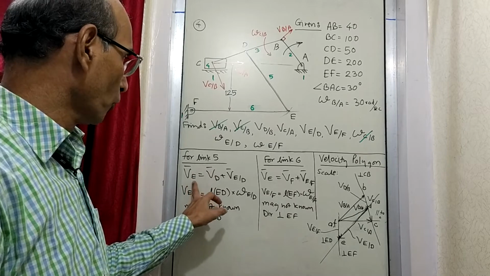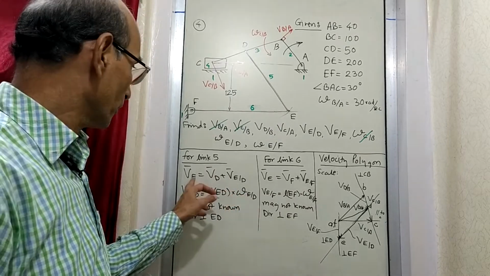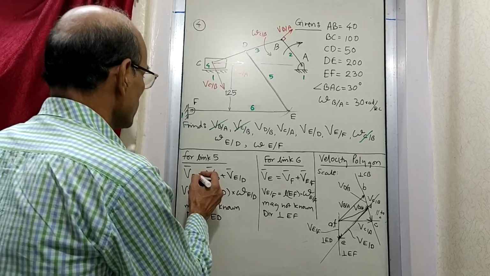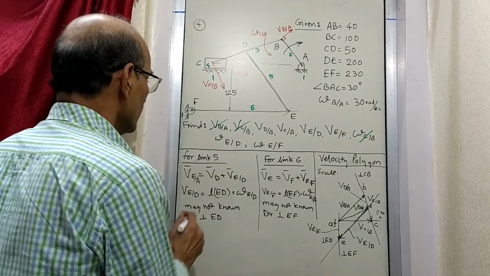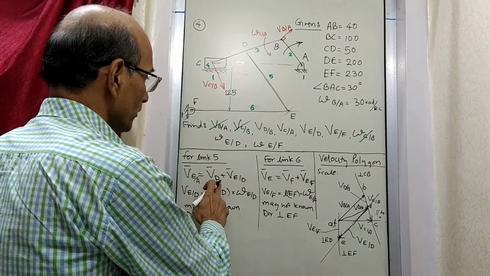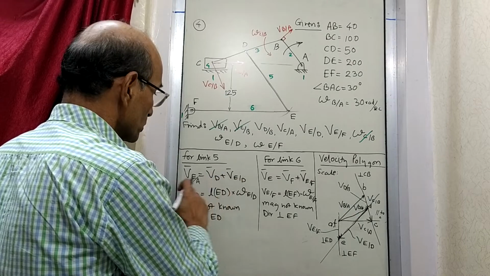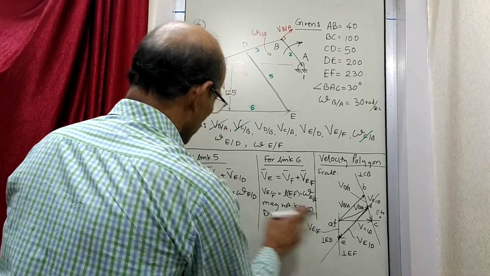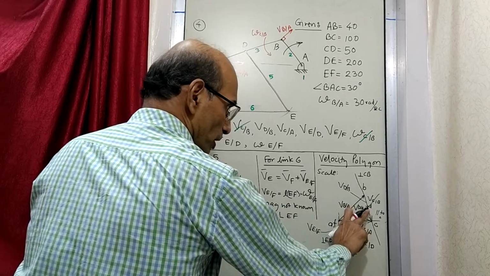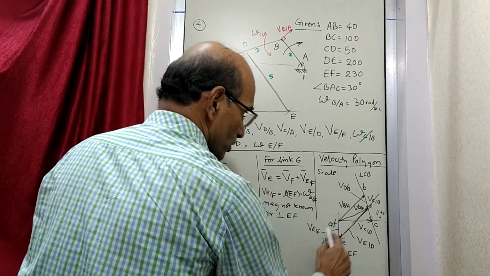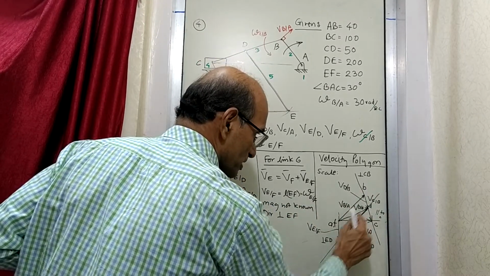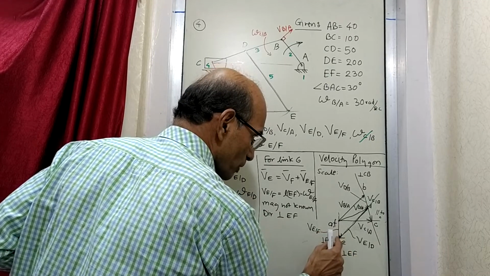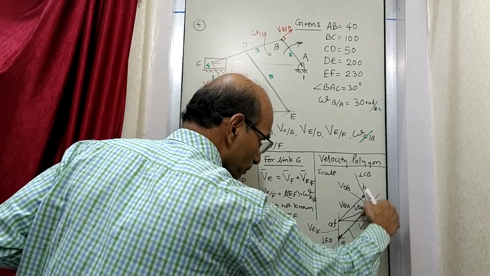So suppose now you want to find out where this equation is formed: velocity of E, when nothing is written, that means with respect to A or F, is equal to velocity of D plus velocity of E with respect to D. So where is this equation formed here? Velocity of E, that means this vector, is equal to this vector which is this way, and this vector is this way. So if you concentrate only on these three lines, then you can say that this vector is equal to this vector plus this vector.